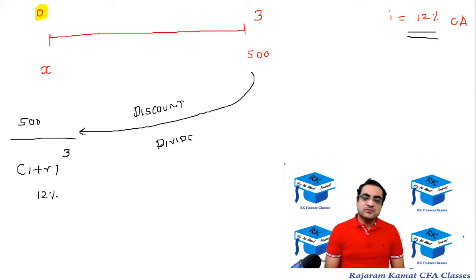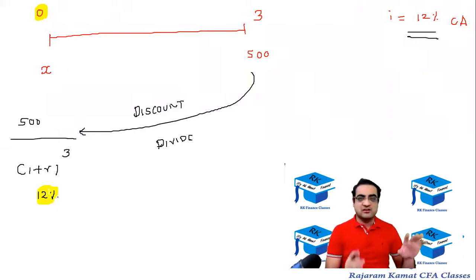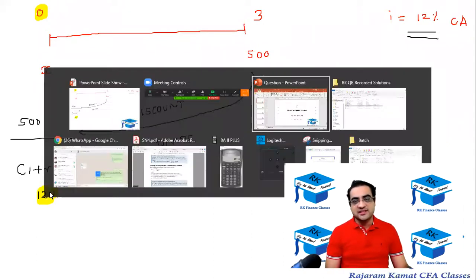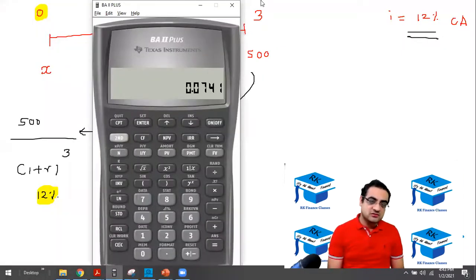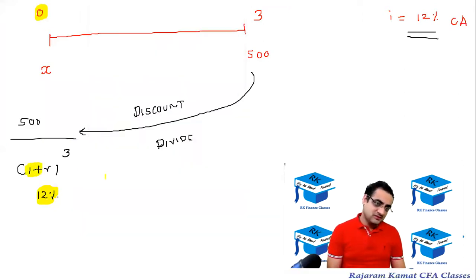Okay. So what we will do in the calculator, we'll start with this 12% in the calculator. I mean, some of us will know that 12% plus 1 is 1.12, but we'll do it in a proper fashion, so that even if that 12% is like 12.18%, we'll still be in a position to properly do it. So let's take the calculator. So press the 12 percentage. So 12 and percentage. This key we already discussed in the last lecture. Then do this plus 1.